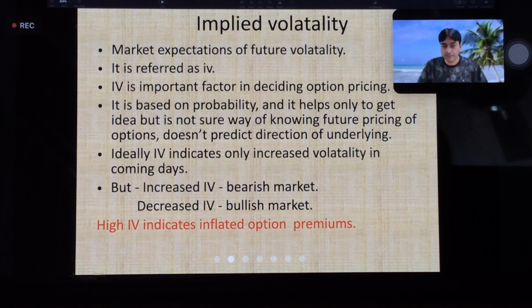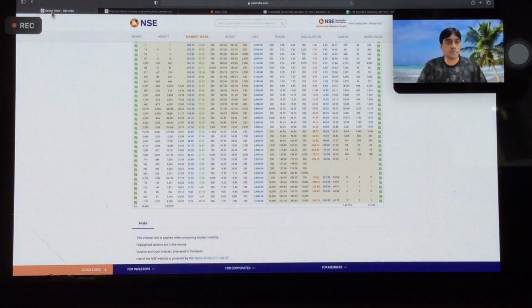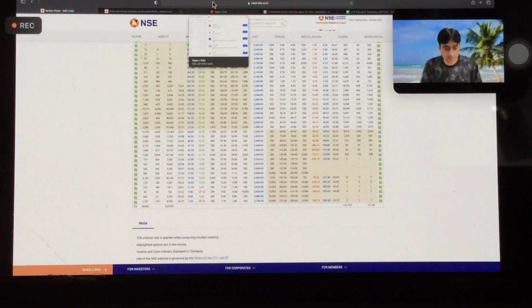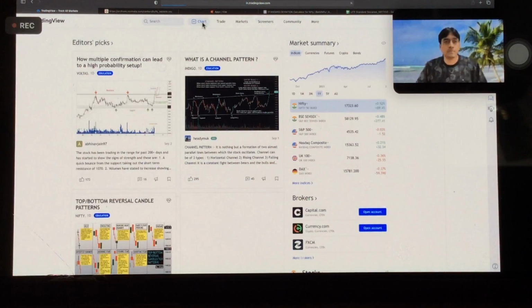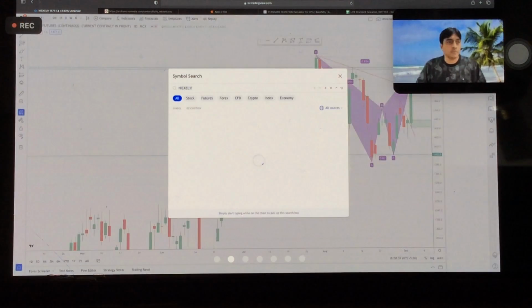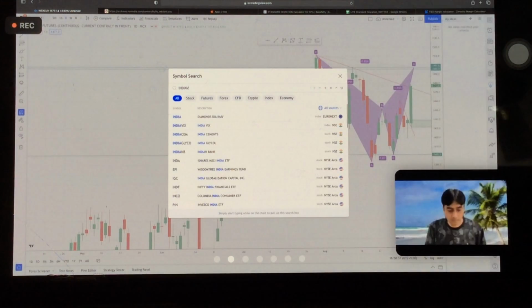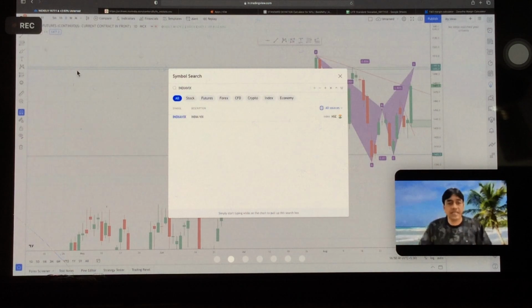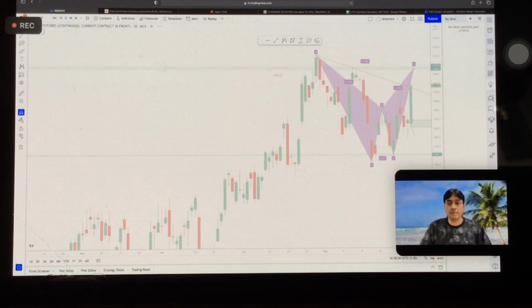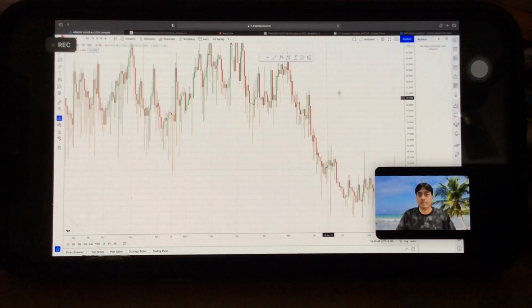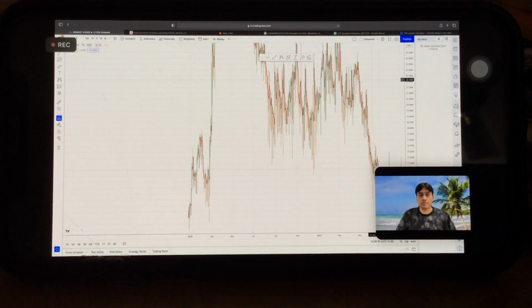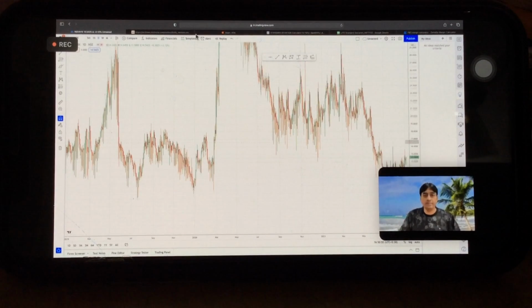So if we go to India VIX, we can get the chart of IV, the volatility chart, India VIX. So this is daily. If we go to weekly,